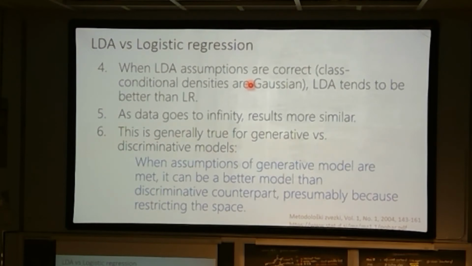This sort of trend is generally true for generative versus discriminative models. The trade-off is that if you don't have a lot of data, and you can impose some structure via a generative model, then you may want to do so. But if you don't know how to impose that structure, then you should probably just directly model a discriminative model.